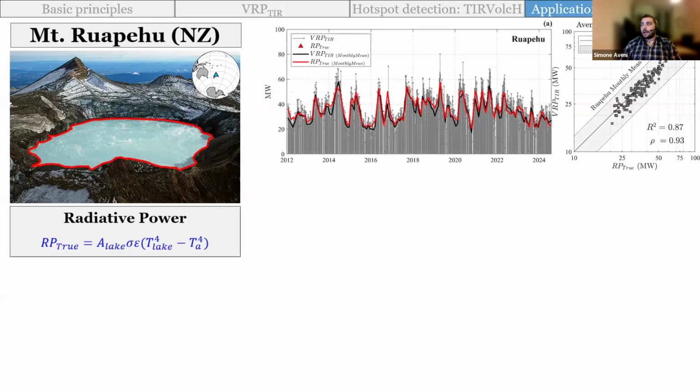We get a remarkable agreement, with all data around the 1:1 ratio and with a margin of uncertainty that is well below the method uncertainty threshold. So we now have this measure of the radiative power. What can we do with it? We can start to see long-term patterns, and we can see what the steady state, or the baseline thermal emissions, for a given system are.